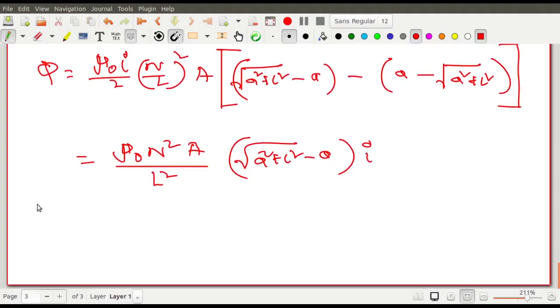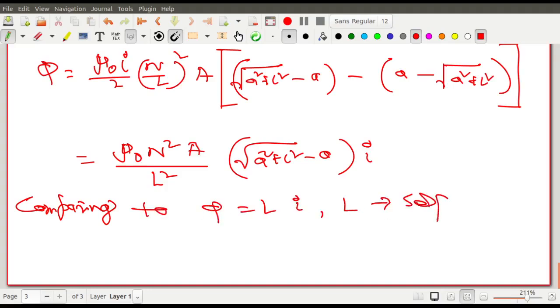Right? Comparing, you may compare this relation to phi equals Li. L is the self-inductance of solenoid. Comparing to this, we have L equals, here you get the expression of L. L equals mu 0 n square by l square capital A,